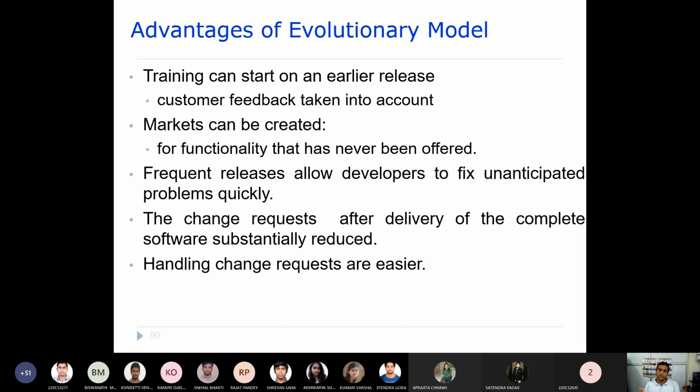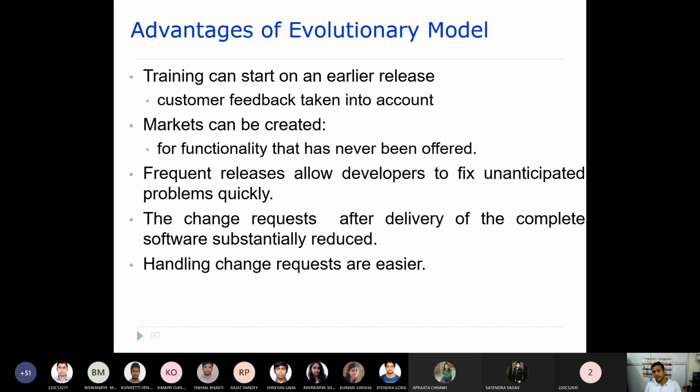Now the customer will give certain feedback. Based upon that, again you will be modifying the software. So that means we are going through a certain number of versions here also. But what is happening here is that all of the requirements are not collected in one go, but are collected over time.